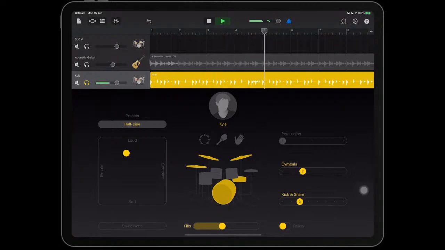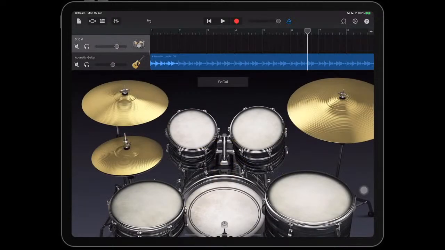So you've got all these options. Okay, we're going to mute Kyle for a bit, and we're going to move over to the acoustic drum kit. So all I'm going to do with this song is keep a very basic pattern. Before we do anything else, something you should always check before you start recording acoustic drums